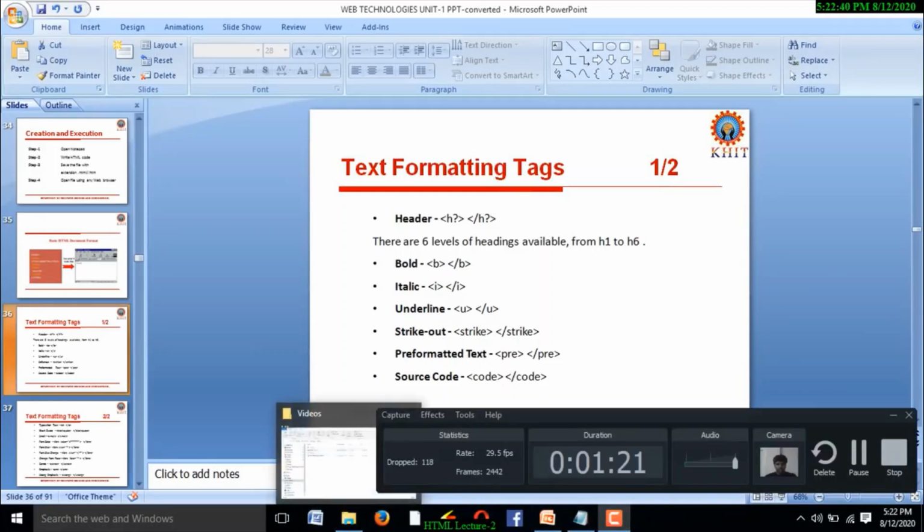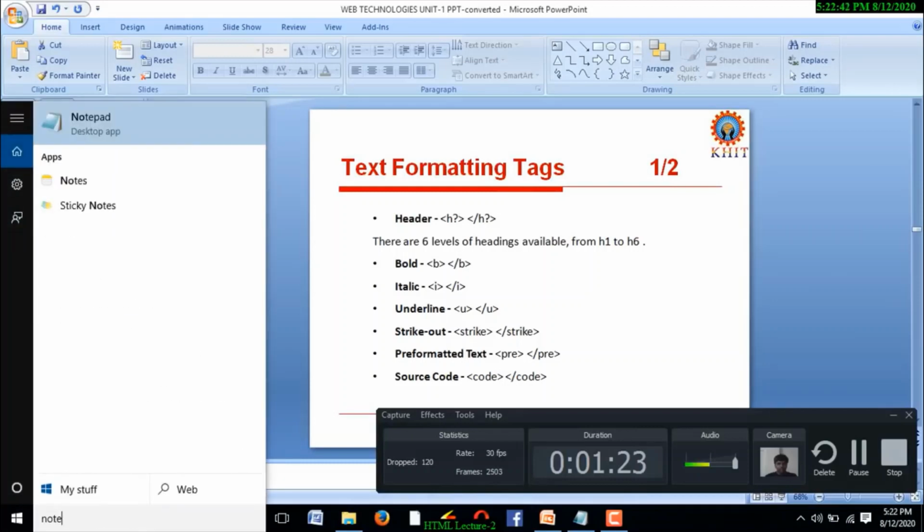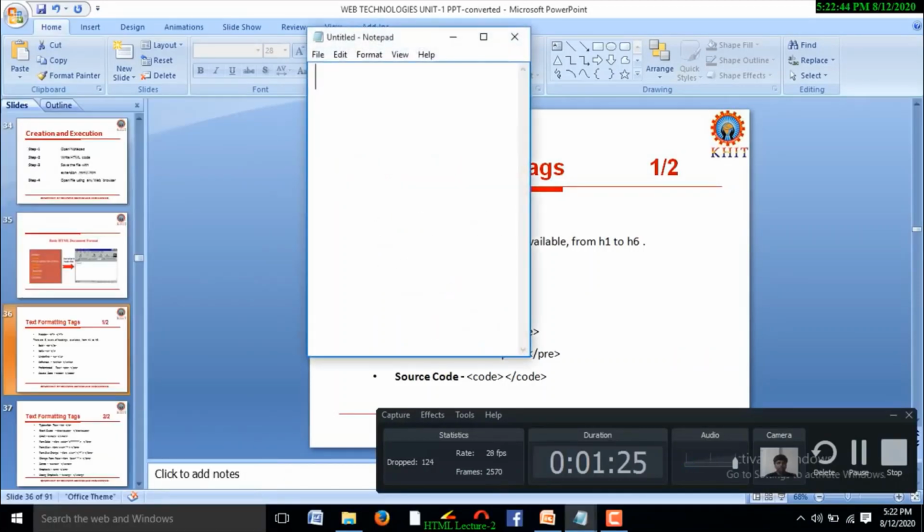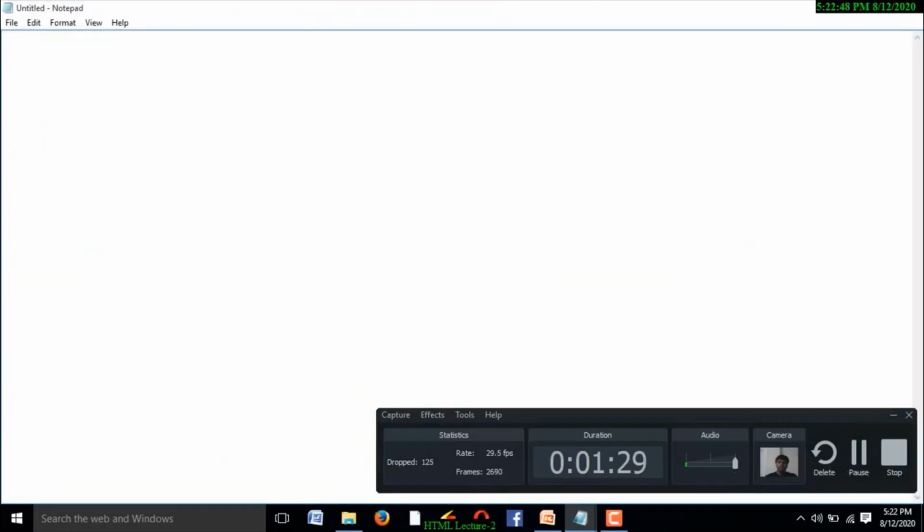See, first of all, we need to open a notepad to create a web HTML document. Yes, the starting step is the doctype declaration, doctype HTML, and the root tag of HTML and the closing tag of HTML.